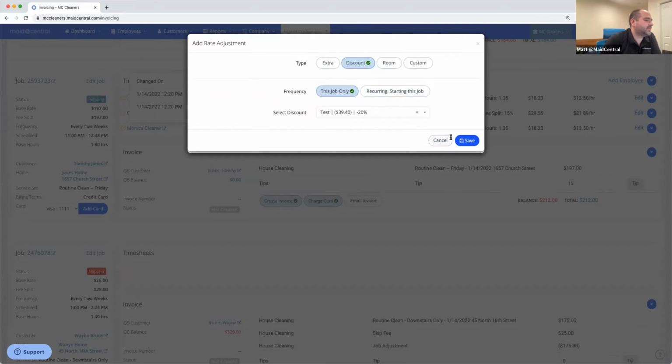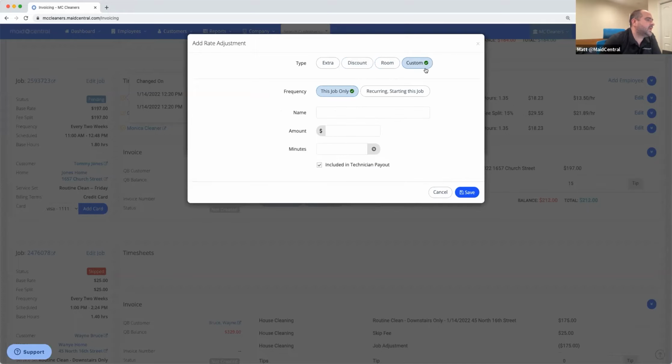So I'm going to apply a discount. You can add a room if there's a room log to this that you've created with prices per room, and we haven't set that up in this example. And if it doesn't apply to something that you've previously set up,